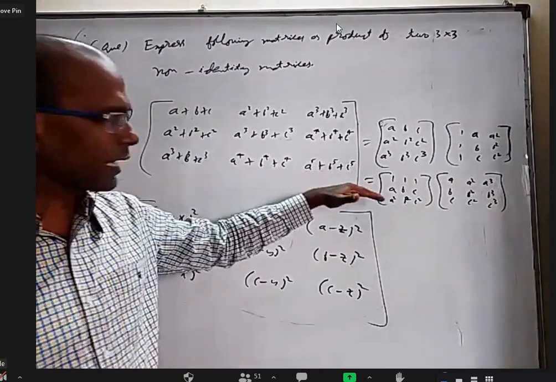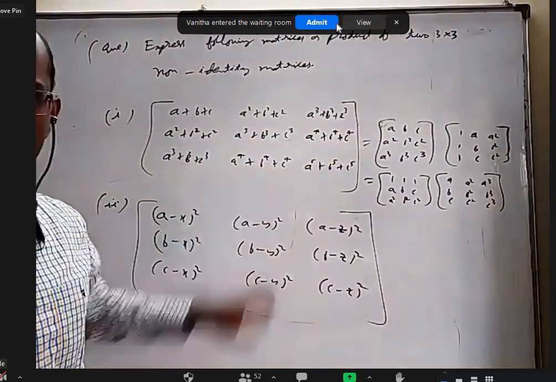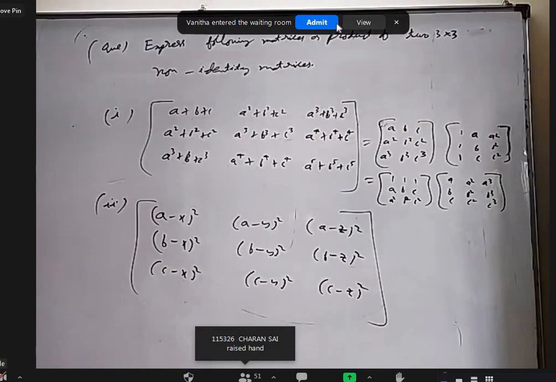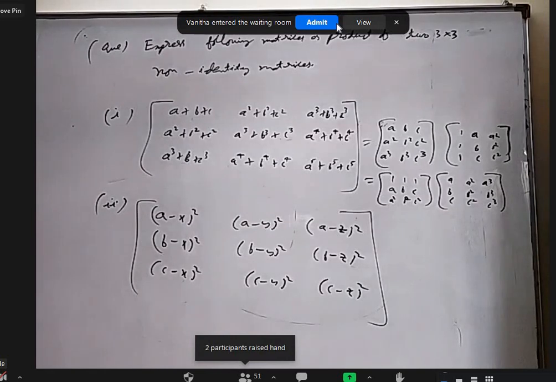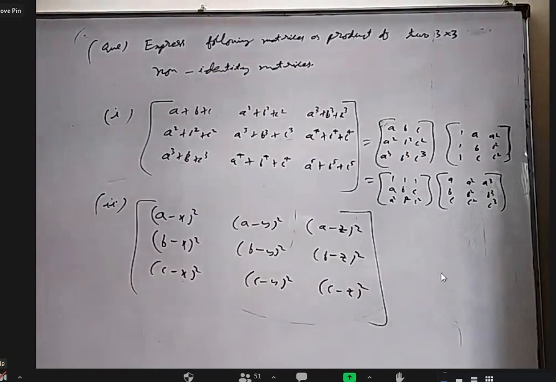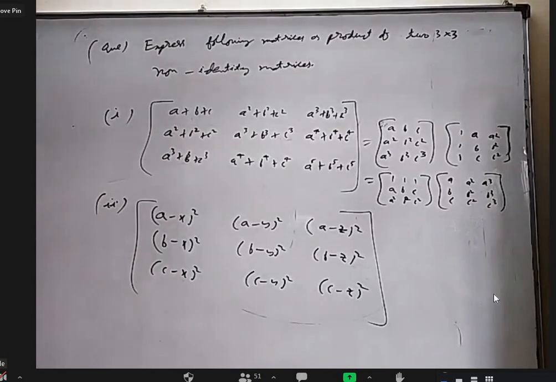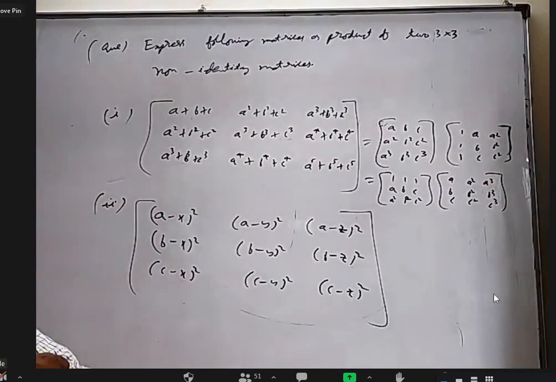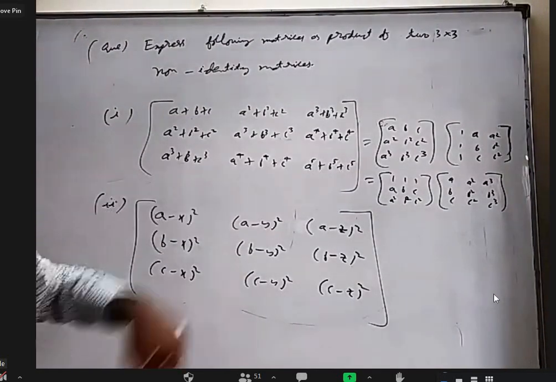Okay. Anybody is not able to write like this? I'm sure many of you already wrote the answer, but does anybody have difficulty in writing the answer for the first one? Nandan, you could write the answer for the first one? Yes, sir. Okay, fine. Sir, yes, please, sir, I am having the difficulty. Who is this? I think your video should be on, then I can see you. Sir, my video is on. Yes, Hemant, tell what you want. You're not able to write for the first one.